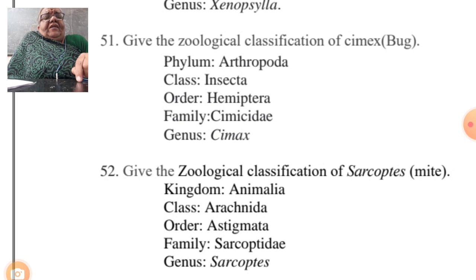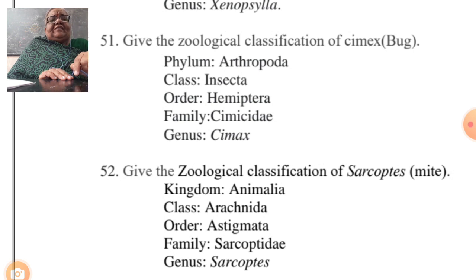Mite. Okay, it is zoologically called Sarcoptes. This fellow belongs to kingdom Animalia, class Arachnida, order Astigmata, family Sarcoptidae, genus Sarcoptes, commonly called mite, and